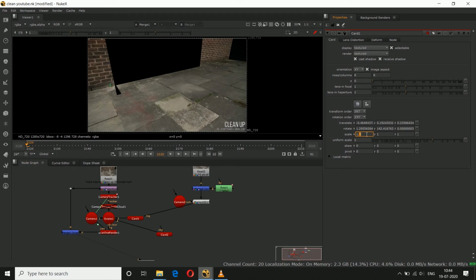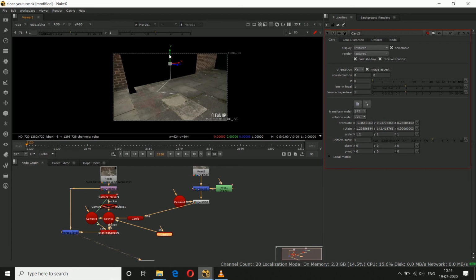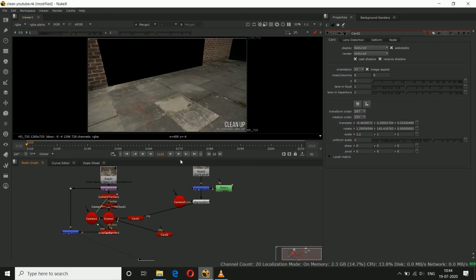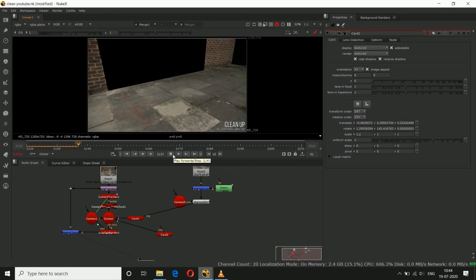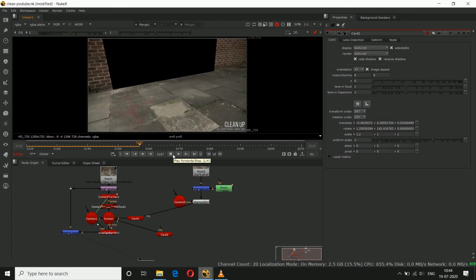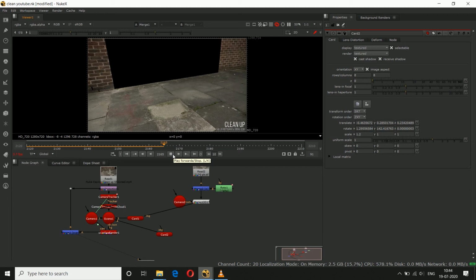See, so we'll take the card a little bit up. Okay, we'll take the card a little bit. We'll play once. So our card is properly on the pillar.